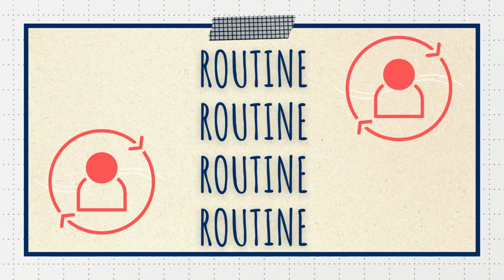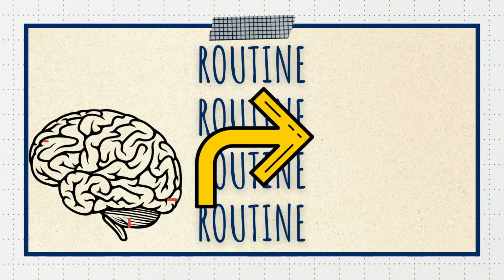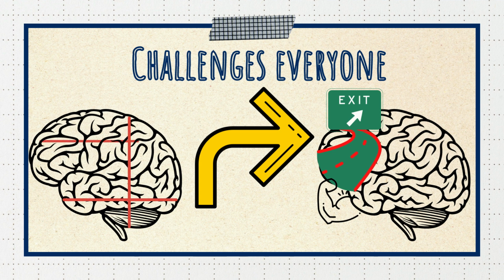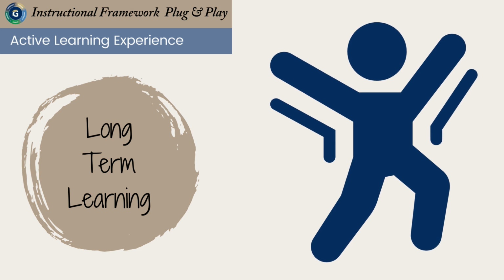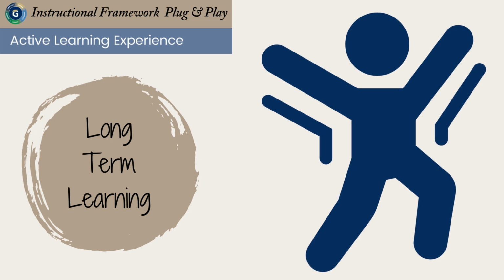The most important thing to remember with retrieval practice, however, is that it must be routine. Students need to practice retrieving information multiple times before they move from the surface streets and finally get to travel faster through the freeway. The beauty of both grids, when used repeatedly throughout the year, challenges every individual in the classroom, no matter their ability, to build stronger dendrites in their brain and to ensure